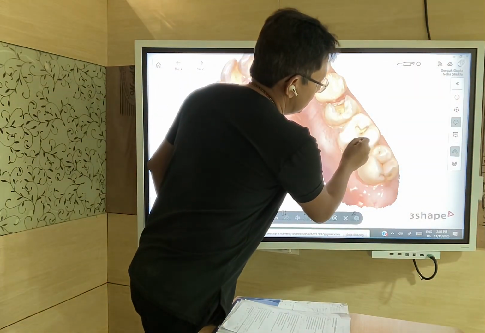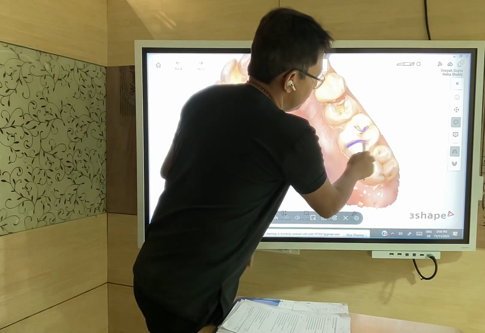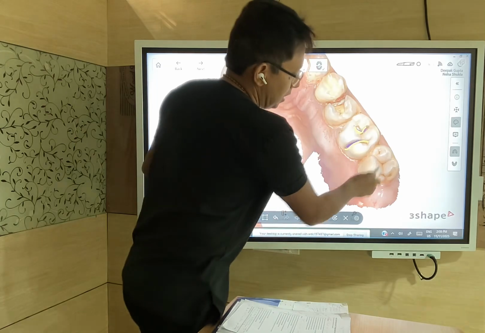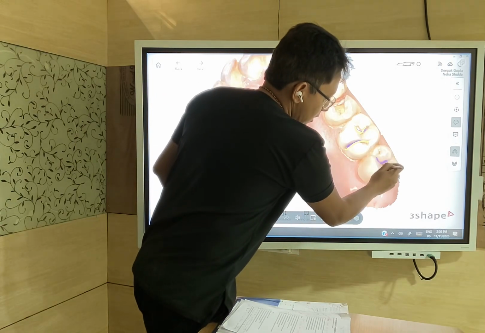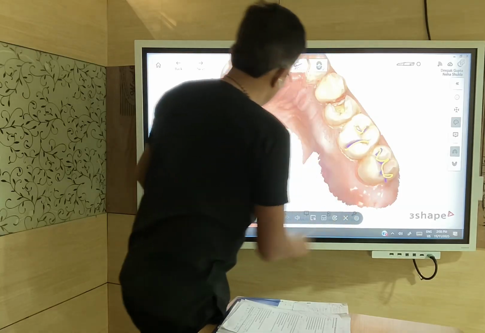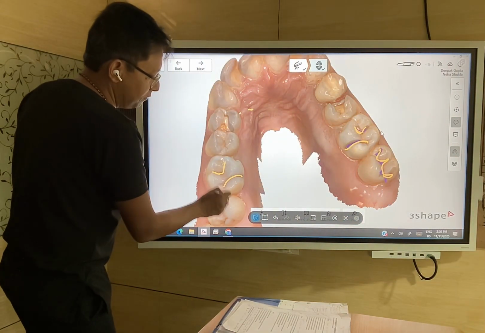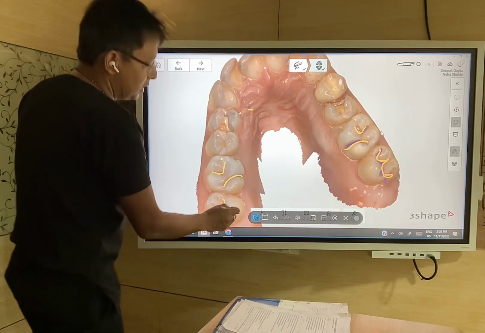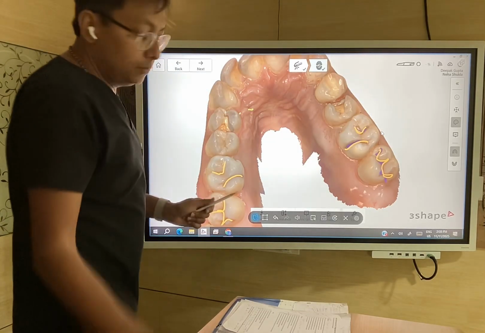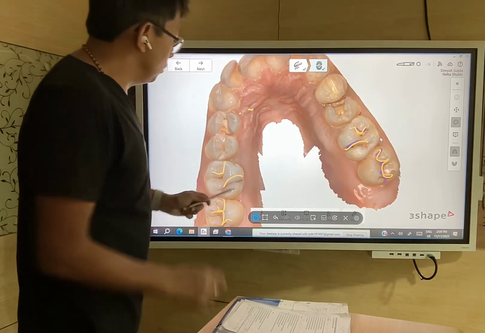So this is partial drilling. Clean the cavity, and then fill it. Once it is clean, then I'll fill it. This also has to be drilled partly, and then I have to fill it. These lines are early cavities, so I need to drill and fill. But I recommend that the teeth which do not have a cavity, like this premolar,